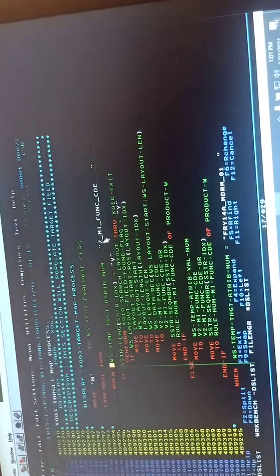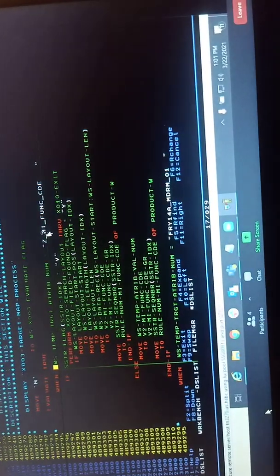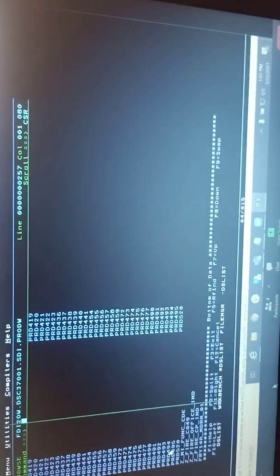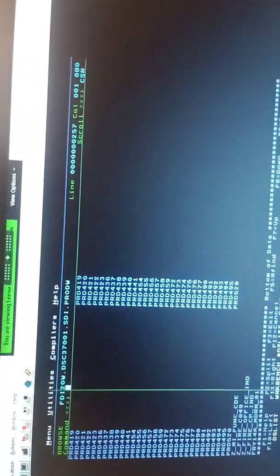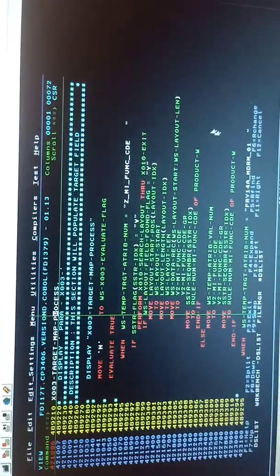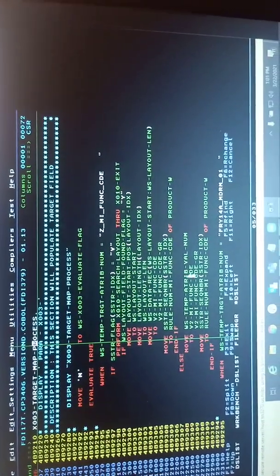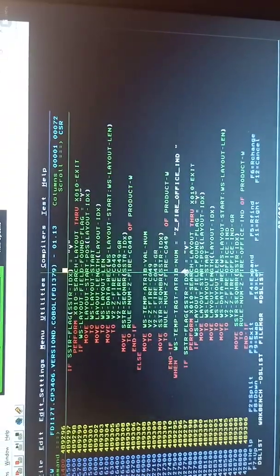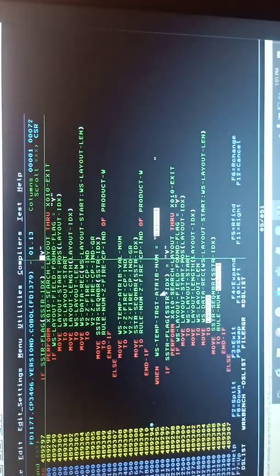Update in this para, what you need to update is here this attribute name, right? So it is basically the field which is there in your copybook or your layout file, not in copybook, layout file. So these are the dynamic fields I told you, right? At the end, ZMI function code. So this code is for that. So you can keep it as it is because it is there in your layout file. You need to update from here.